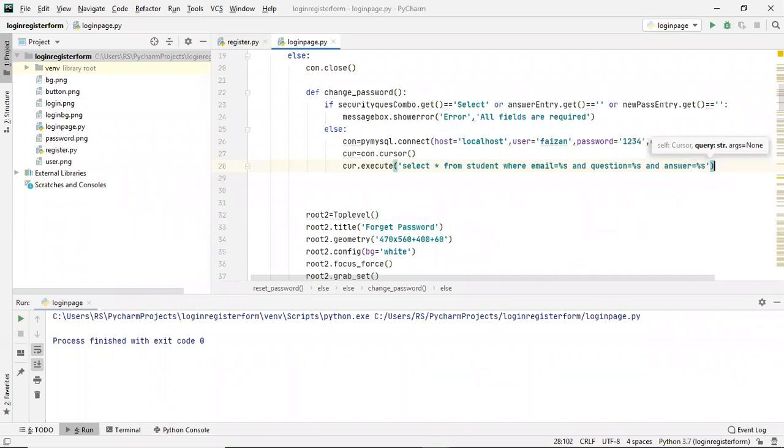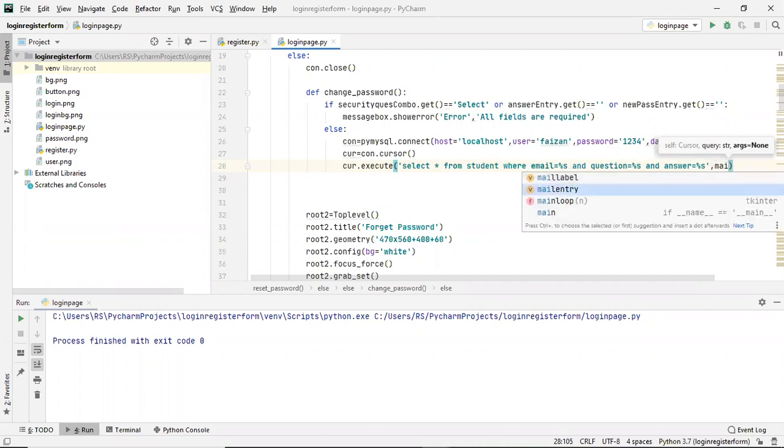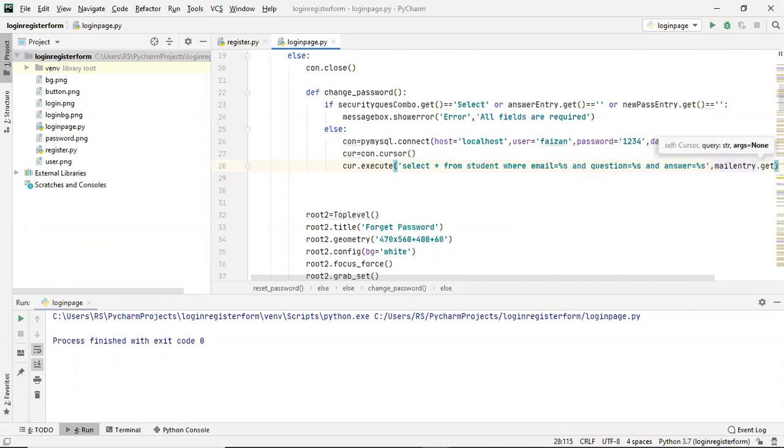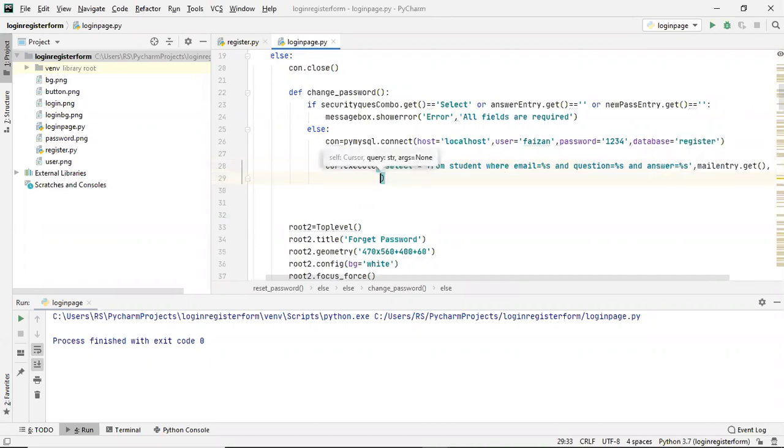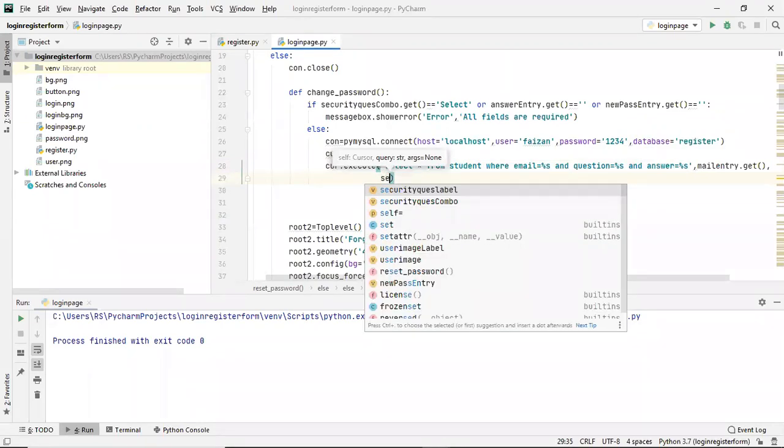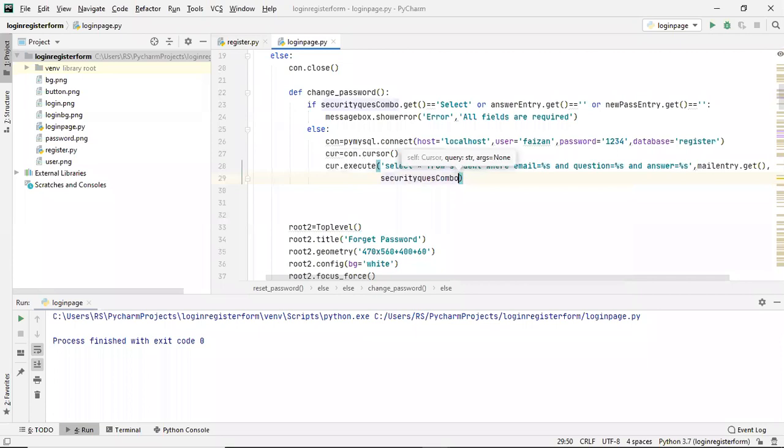Then instead of percent s we will get these values from these entry fields. So we'll write mail entry dot get, then move to a new line, mail entry dot get comma, then security question combo dot get, similarly answer entry dot get.